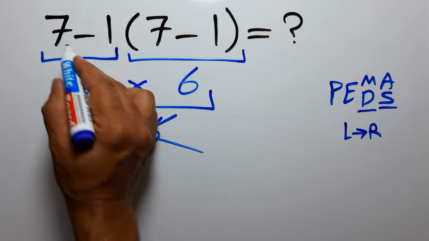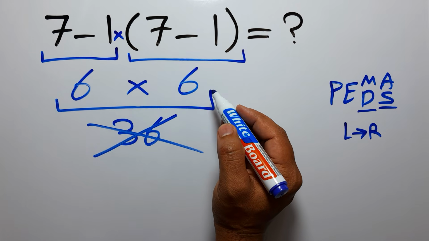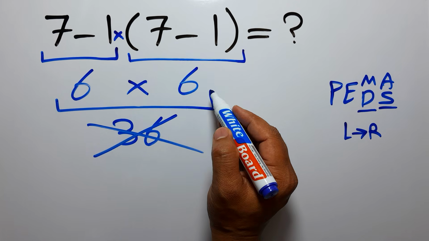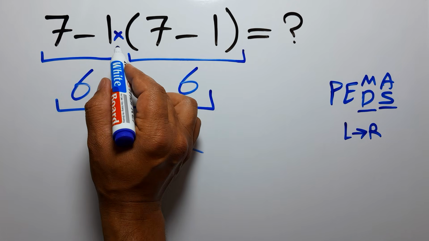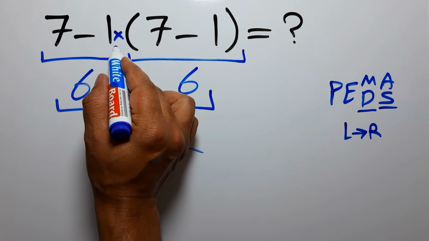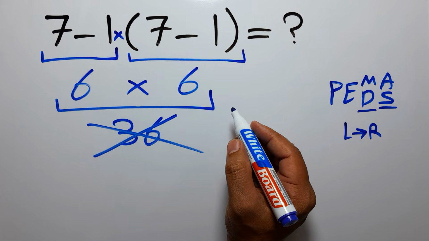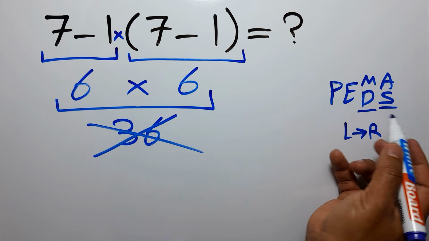In this expression, we have one subtraction, one multiplication, and one parentheses. Inside this parentheses, we have one subtraction. Here we have a multiplication because in mathematics, when a number is placed next to parentheses, it means multiplication. And we usually don't write the multiplication sign for brevity. Okay? So according to the PEMDAS,